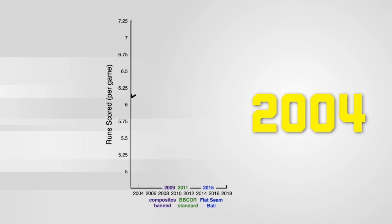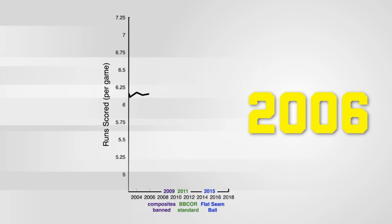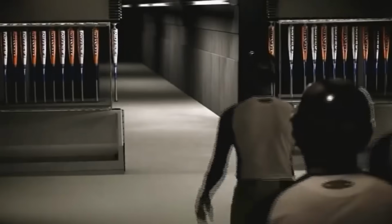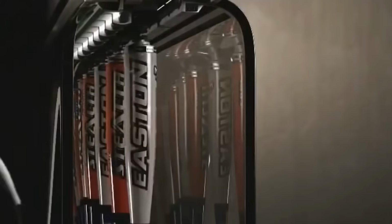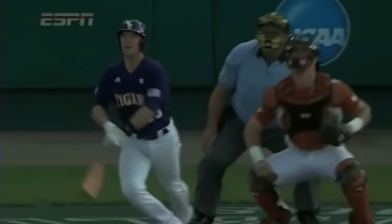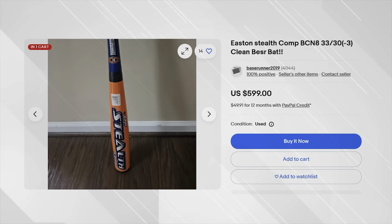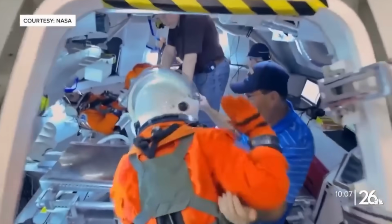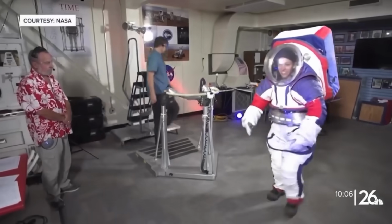In 2008, offensive numbers across college baseball randomly exploded. This just so happened to be the same year the Easton Orange Stealth was released. Today, this bat is completely banned in competitive baseball. It is almost 2 decades old, but if you want to buy one, you will have to pay up to $600. The technology in this bat is so advanced that scientists gave it an award at a NASA engineering conference,